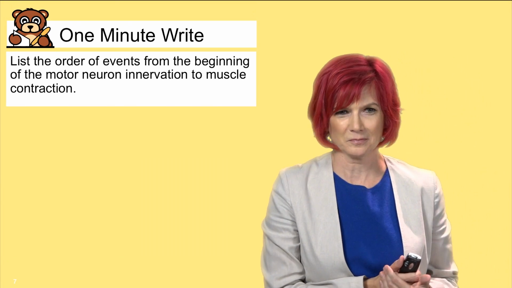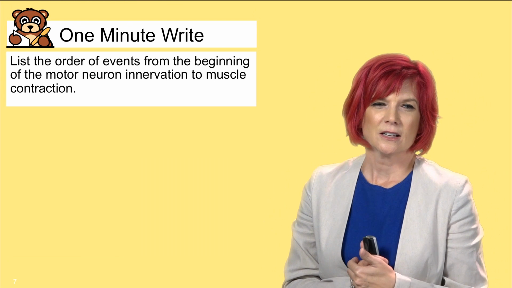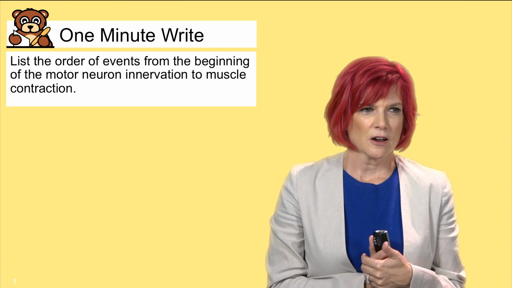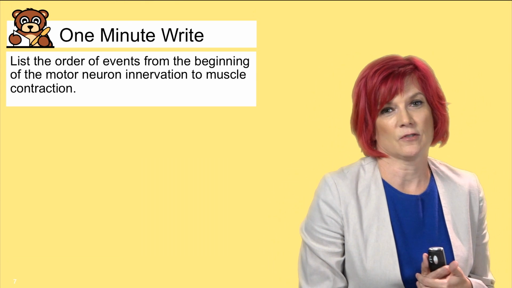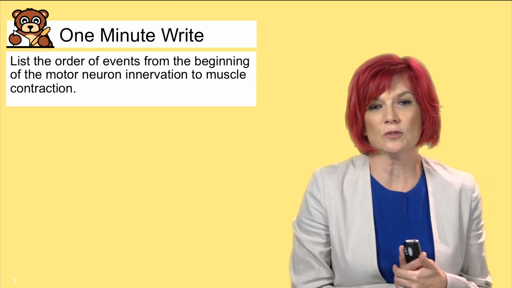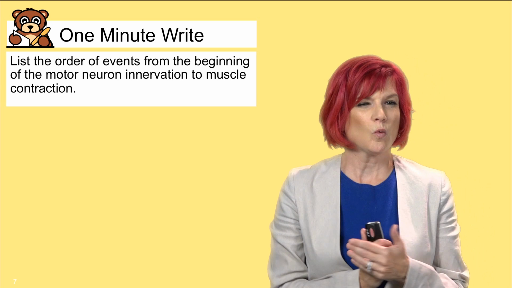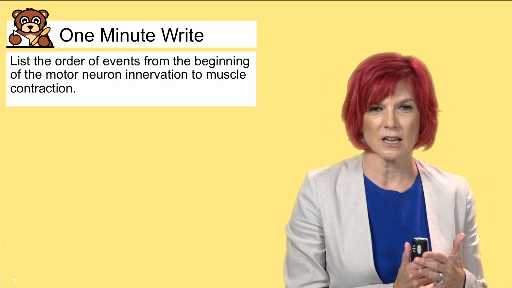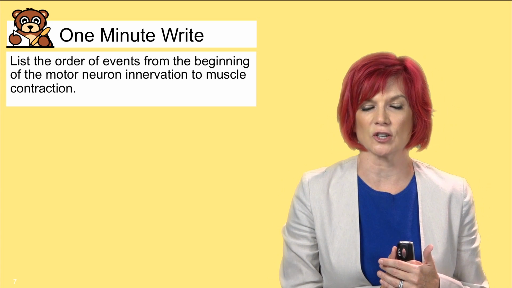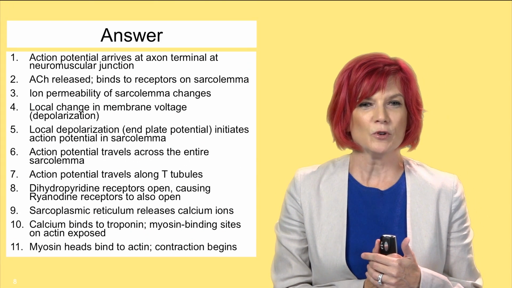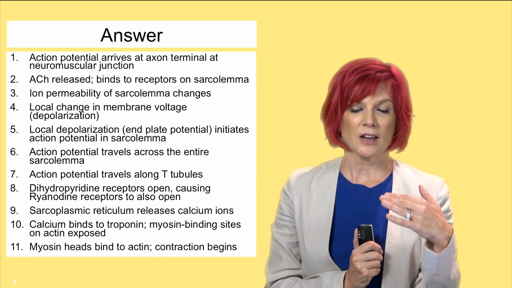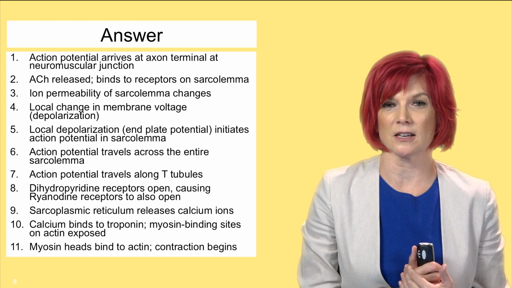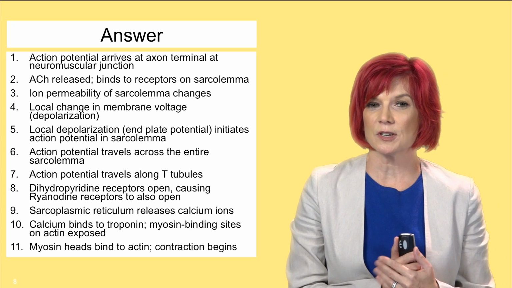So, a 1-minute write. List the order of events from the beginning of the motor neuron innervation to skeletal muscle contraction. What are the precise events in excitation-contraction coupling? We've written out some of the major events that take place in excitation-contraction coupling, and you can compare this